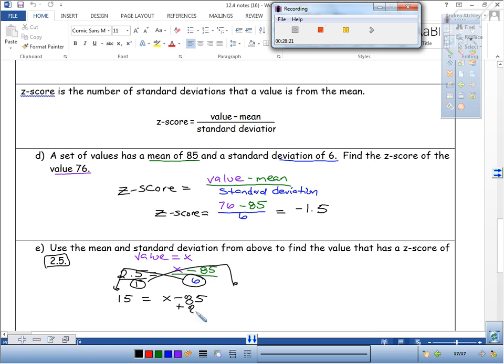Then you're going to add 85 to both sides. And you're going to get x equals 100. So the value of 100 is 2.5 standard deviations above the mean. Any questions over that? We're all good? Okay, so your homework